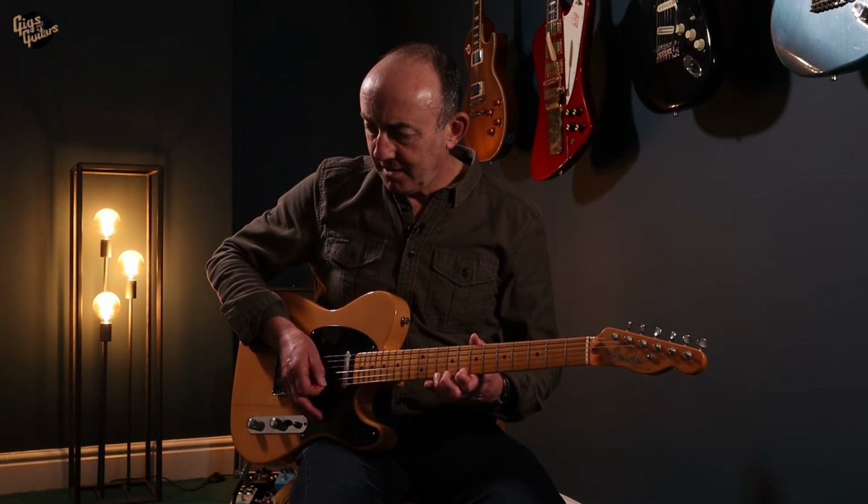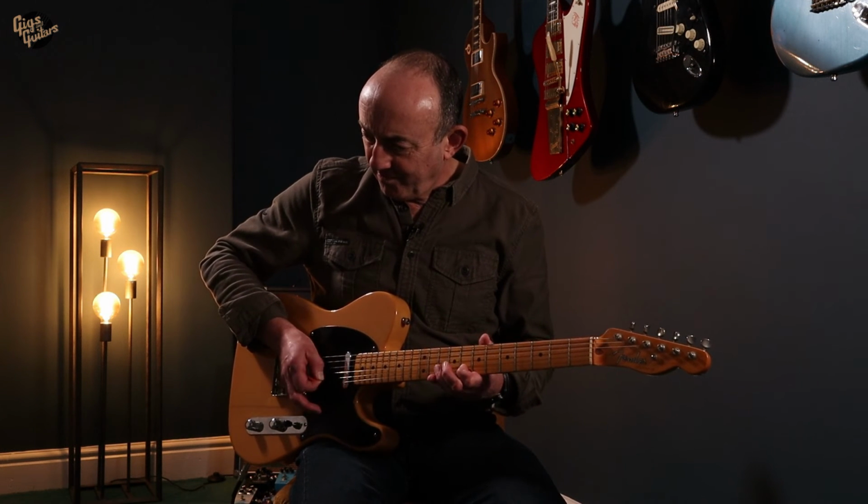Well, to be honest, it still needs a bit of work. It doesn't feel as slinky as my Fenders. There's still a massive amount of tension there compared to my other guitars. And